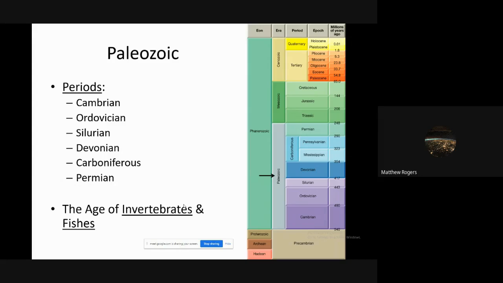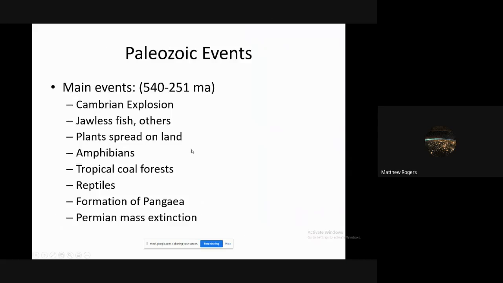Okay. And our main idea here is for each single one of these periods, we're going to pick out 2 or 3 animals as almost key species, key things to know in our evolutionary tree, and what they develop to become the key species going forward. Okay. Now, scientists call this the age of invertebrates and fishes. Not as exciting as dinosaurs, but this was a key development from the fact that we went from having no backbones to having backbones and eventually onto land. This is a drastic change. Okay. So let's go next.